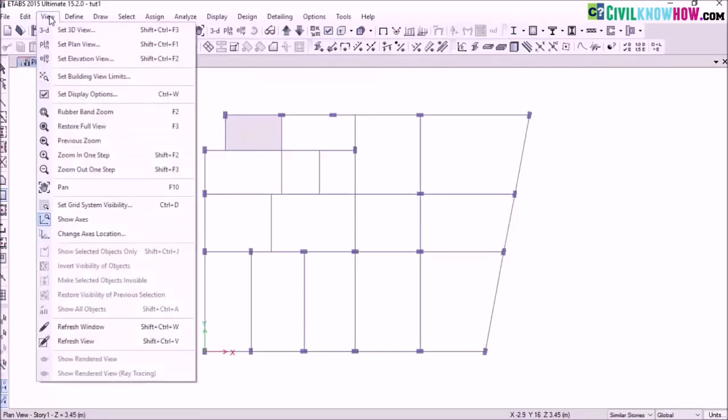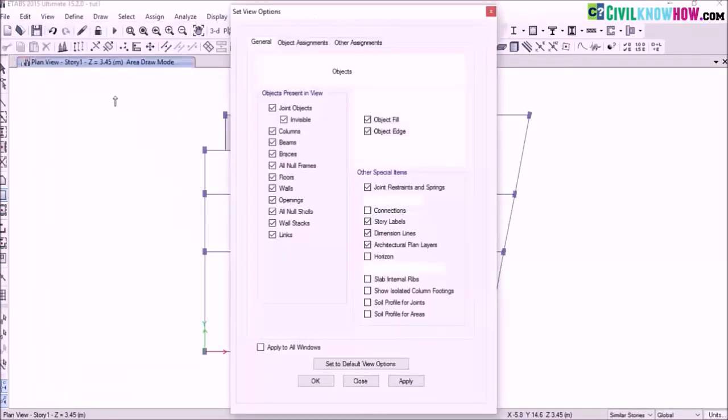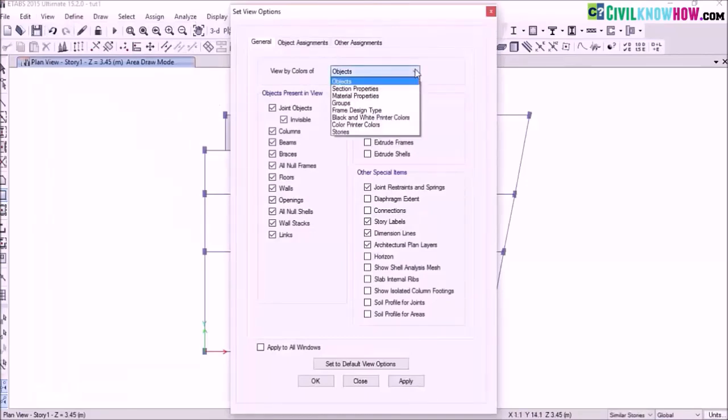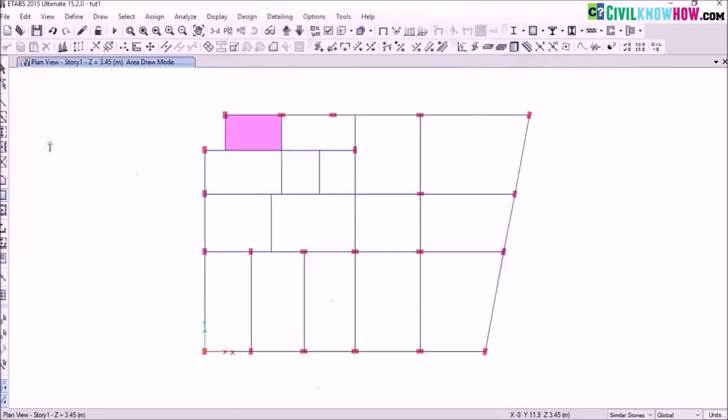So here I would like to change my view. I'm going to set display options so you can have a better view. I'm going to change to section properties, apply, OK. So similarly I'm going to define my slab between these 4 frames also. Here you can see that I have assigned my slab as individual between these 4 frames,